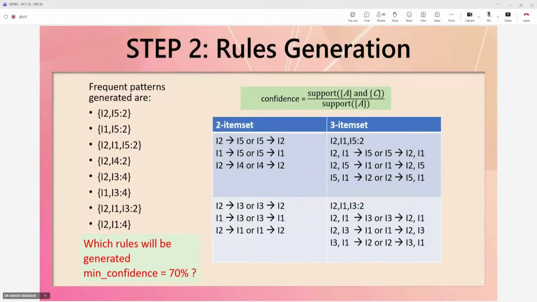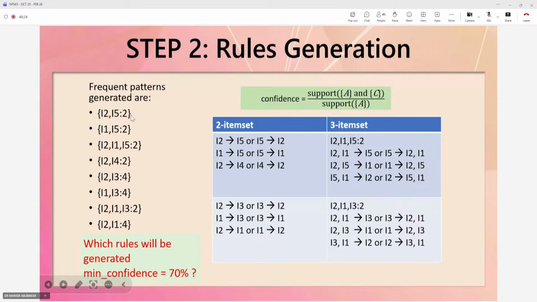This is why, when we had the exercise, I told you in the lab that the target is to have the rule, because it is from the rule that can be used for decision making, for doing the prediction or whatever. So now the frequent patterns are here, generated from the table in the previous slides. You can see them here. Item 1 and item 5